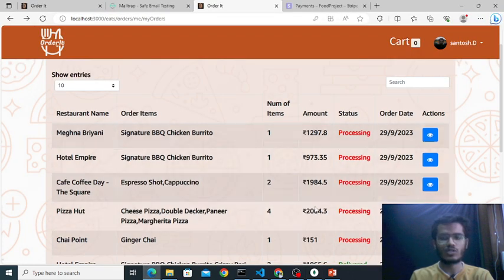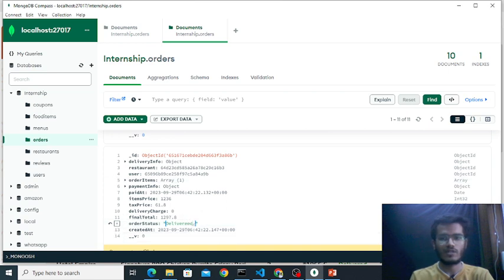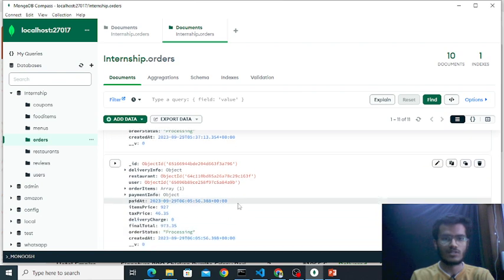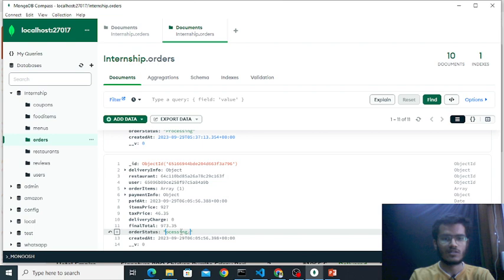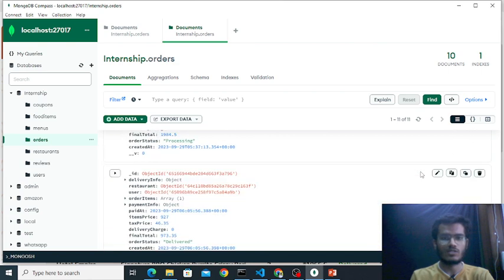If it is showing processing, I can change it from here. If I click delivered and update it, then the item is delivered. Again, if I click here, delivered, and click update, it is also delivered.